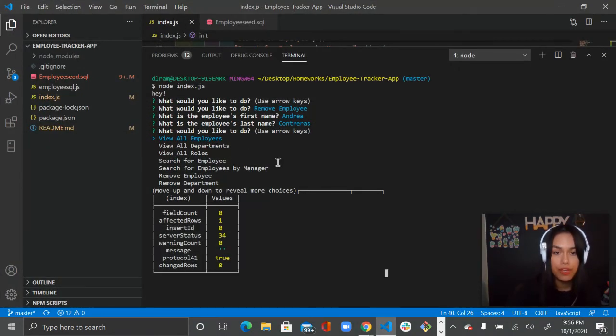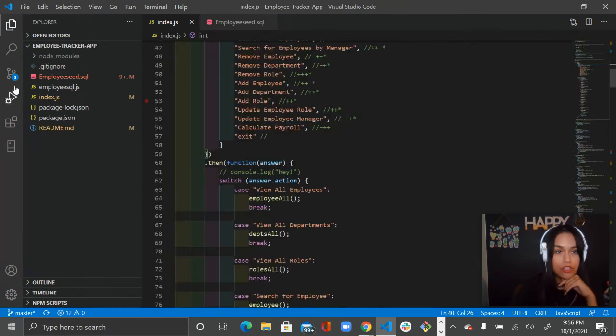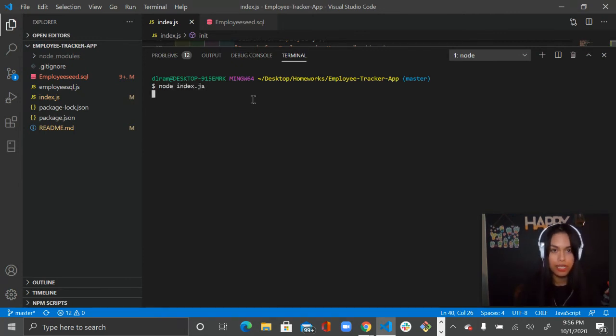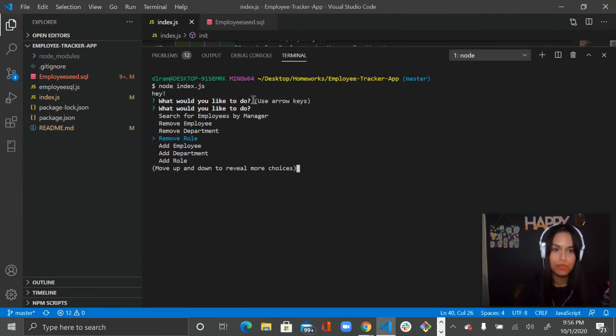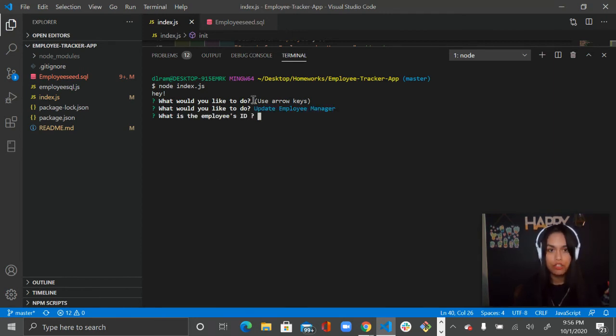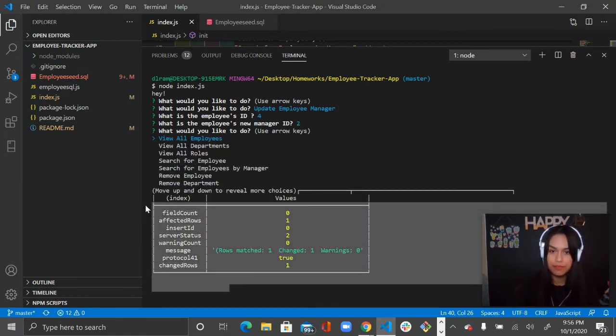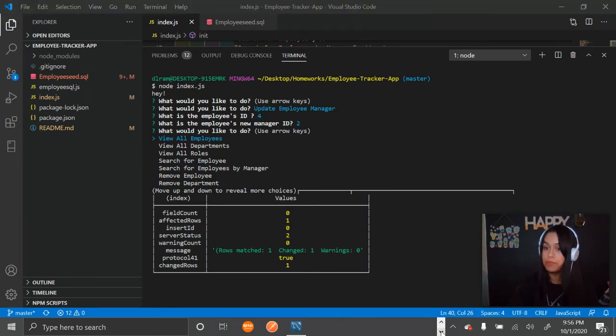What else can we do? Okay, so let's try and update. So I keep exiting and going back in just so it doesn't get too cluttered. So let's update. I want to update the manager. So the employee ID, let's say I want employee number 4, and the new manager will be employee manager number 2. So again, notification, it's been successfully changed, but just to make sure,